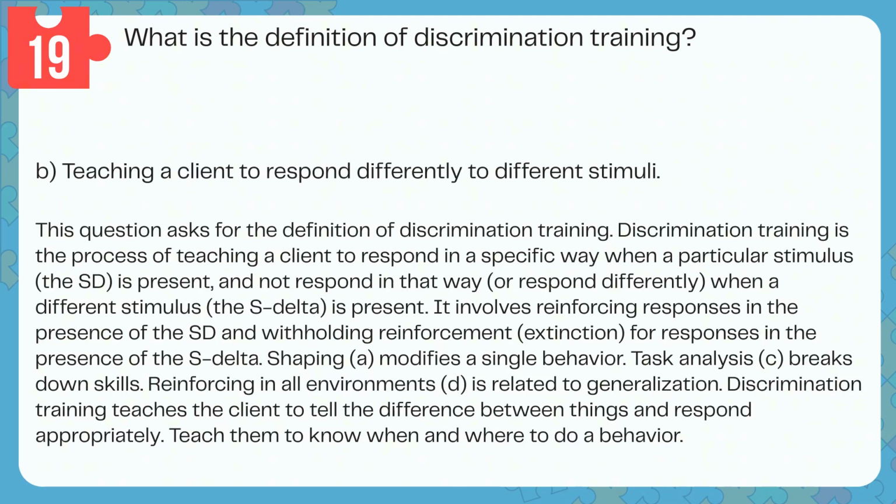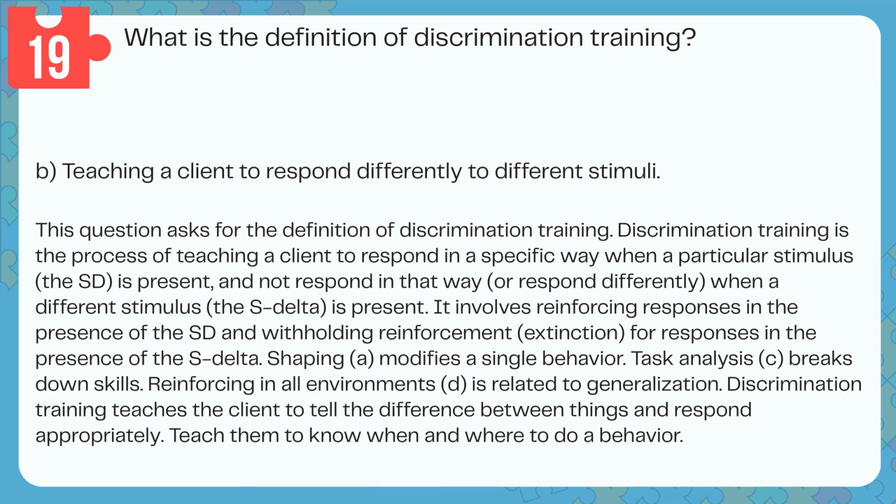Answer: B. Teaching a client to respond differently to different stimuli. This question asks for the definition of discrimination training. Discrimination training is the process of teaching a client to respond in a specific way when a particular stimulus, the SD, is present and not respond in that way, or respond differently when a different stimulus, the S delta, is present. It involves reinforcing responses in the presence of the SD and withholding reinforcement, extinction, for responses in the presence